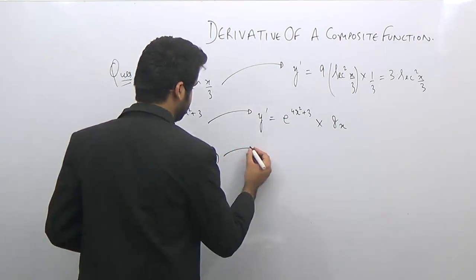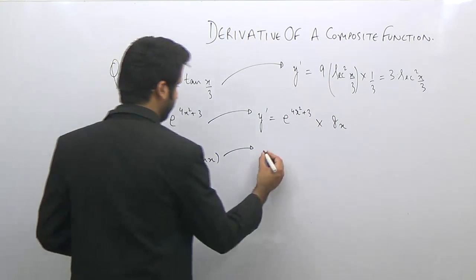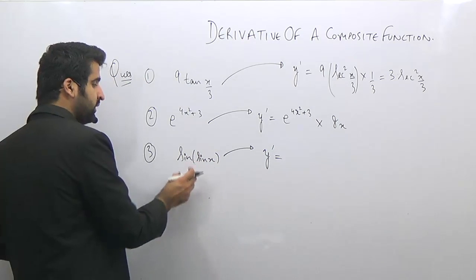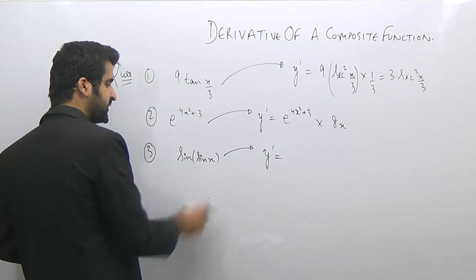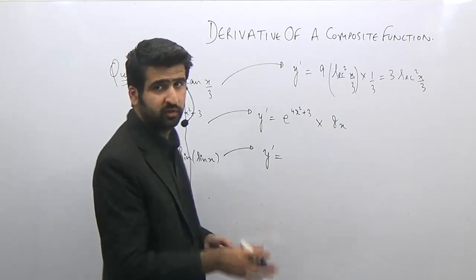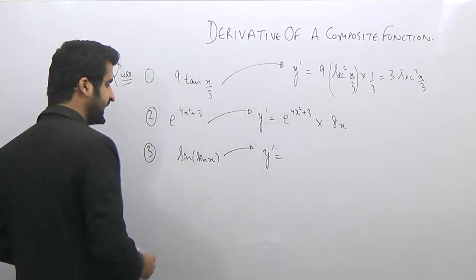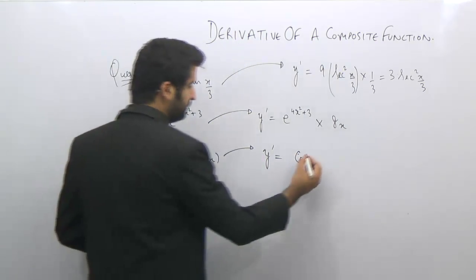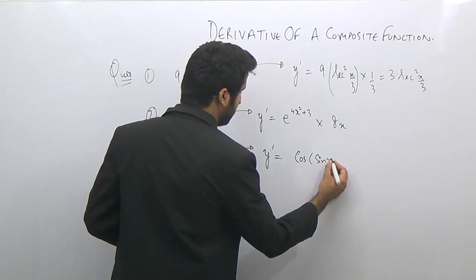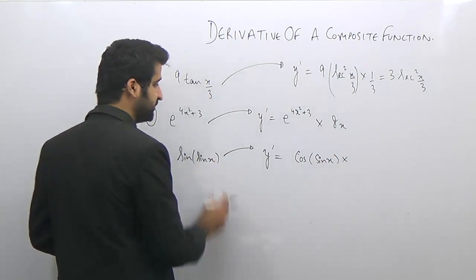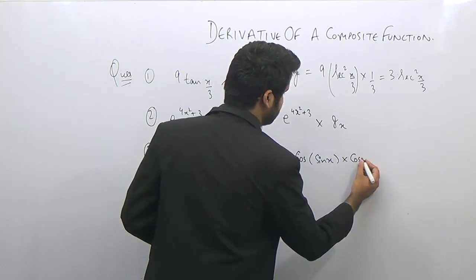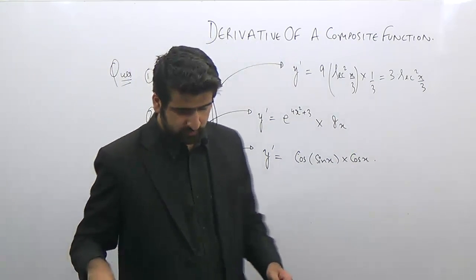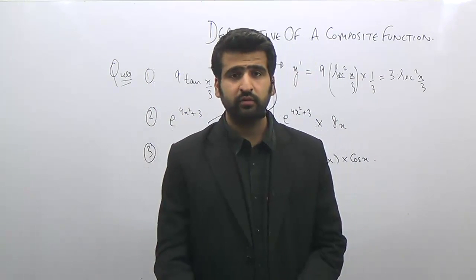Now let's see the differentiation of sine of sine x. So y dash will be equal to, first of all, differentiate sine of u. Don't consider the inside function first; let's move on from the outside. So the first step will be to differentiate sine u, which gives cos of sine x, and then you differentiate the inside function, which is sine x. The differentiation of sine x is equal to cos x. So this is the answer to the third one. So I hope now you're clear with how to